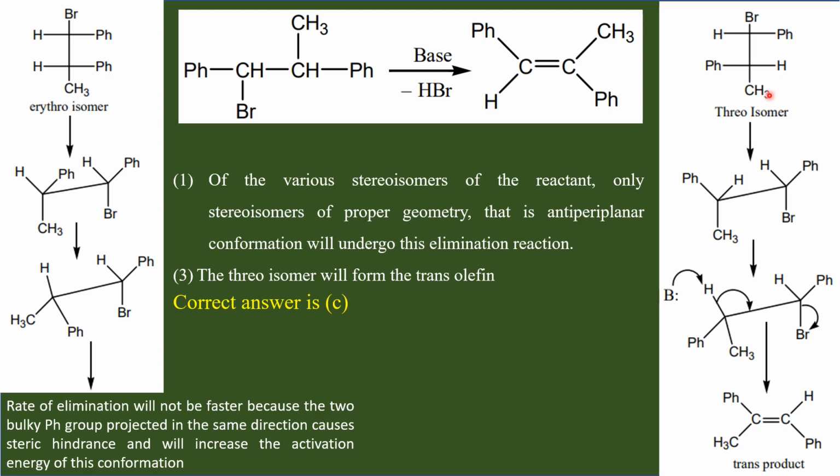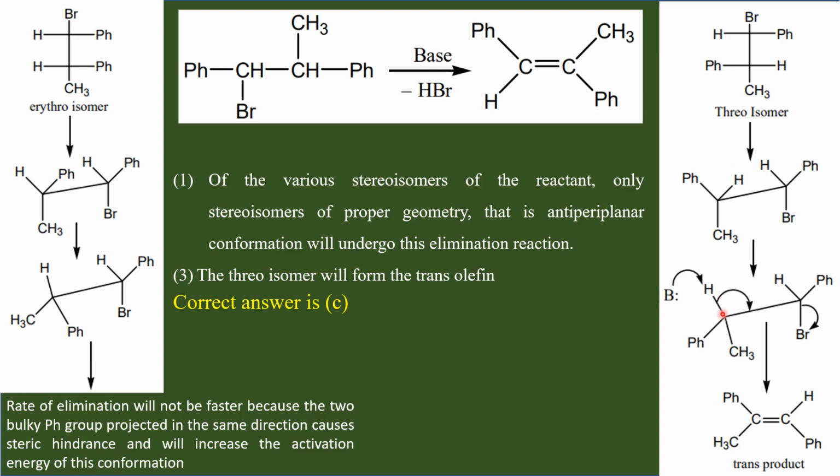For elimination to take place, the bromine on this carbon and the hydrogen on this carbon should become anticoplanar. So do a rotation, bring this carbon to the vertical position. So I am just rotating this. Therefore, hydrogen occupies this vertical site, so it is shown vertically, and this phenyl will go here and methyl will be here. So you are just rotating in this direction. When hydrogen goes up, this phenyl will come down and methyl also will move here.